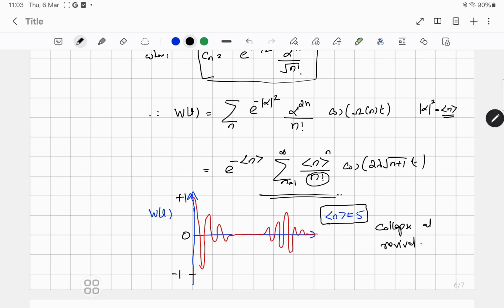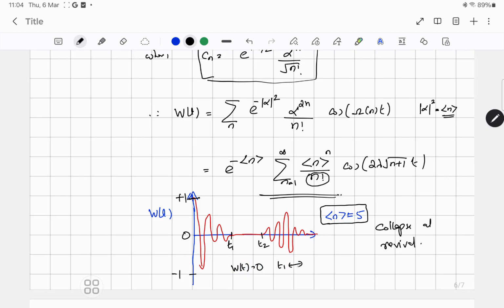average number of photons equal to 5, then the graph will approximately look like this. It is not an exact graph, but almost it will look like this. So what it shows is that initially the atom is in the excited state because W of t is +1, but after that it does not come to -1, the atom does not come to the ground state. After that it is in a superposed state, and you can see that after some time, maybe this time I denote by the symbol t1, and this time by the symbol t2. So between the times t1 and t2, W of t is 0. This W of t is completely 0